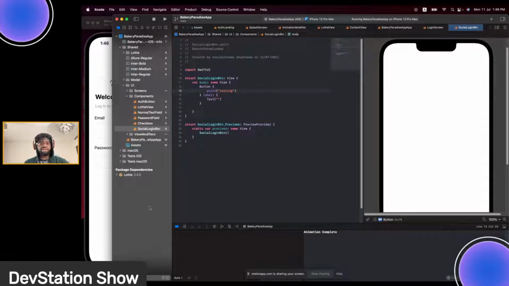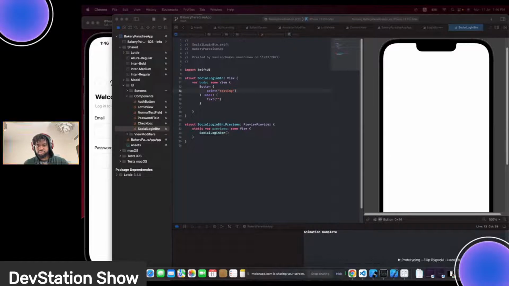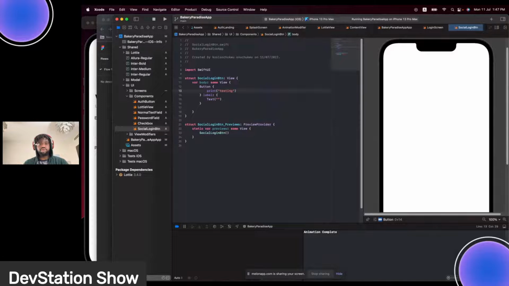Okay, since we want this button to take this shape, let me see. So we want it to take this shape. So this will be a horizontal stacked shape where we have this icon here, a text here in the same horizontal line. And to get that, what we need to do is to add that text in a horizontal stack. Convert this to be inside the horizontal stack. Hit stack,